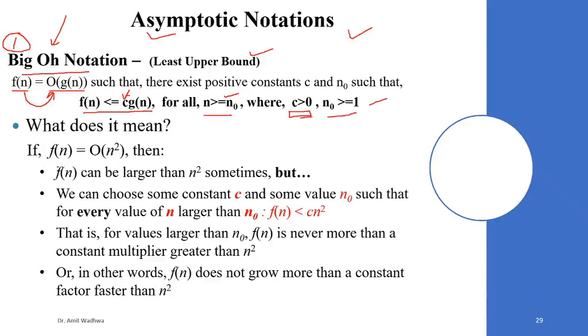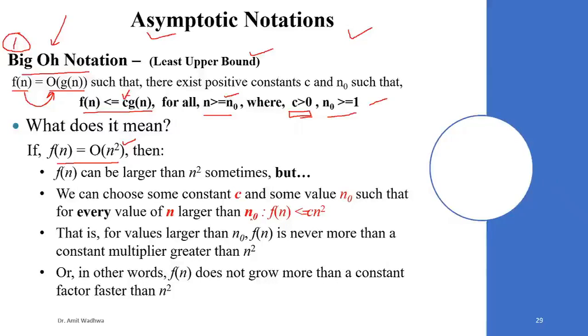So suppose I am saying that fn is big O of n square. That means fn should be less than or equal to c multiplied by n square. Okay, so less than or equal to c multiplied by n square. So equal to should be there, and fn can be larger than n square, but we can choose some constant c and some value of n naught such that for every value of n larger than n naught,